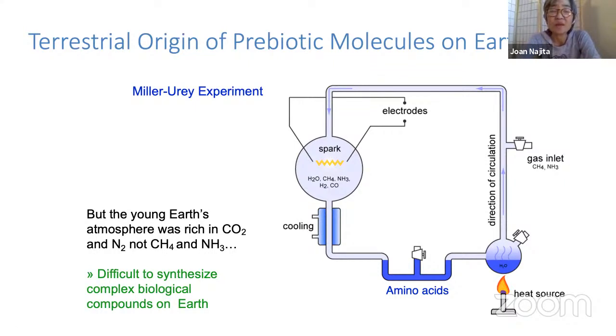But as people thought about the early Earth more carefully, they found that the early atmosphere was not really made of ammonia and methane, but was made of other things like carbon dioxide and molecular nitrogen. And when you have those molecules, the yield of amino acids is much lower. And so it seems really unlikely that it's really a heat and serve kind of answer. So today,